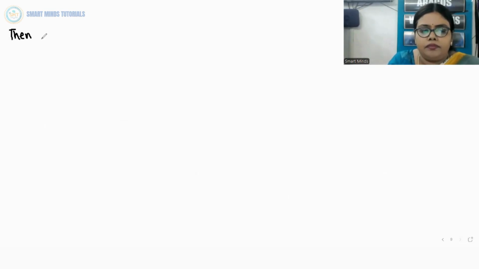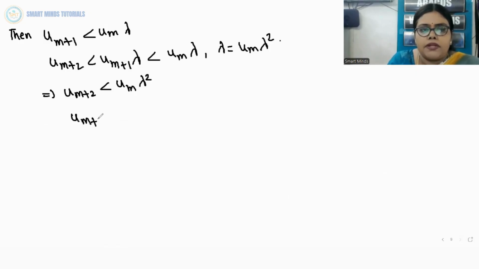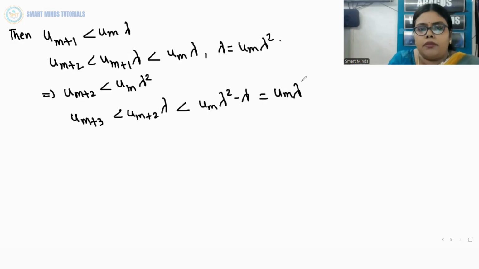Then um plus 1 is less than um lambda, and um plus 2 is less than um plus 1 lambda, and this is less than um lambda square. Now which implies um plus 2 is less than um lambda square. So um plus 3 is less than um plus 2 into lambda, which is less than um lambda square into lambda, which is equal to um lambda cube. So um plus 3 is less than um into lambda cube. Now if we add these above equations,